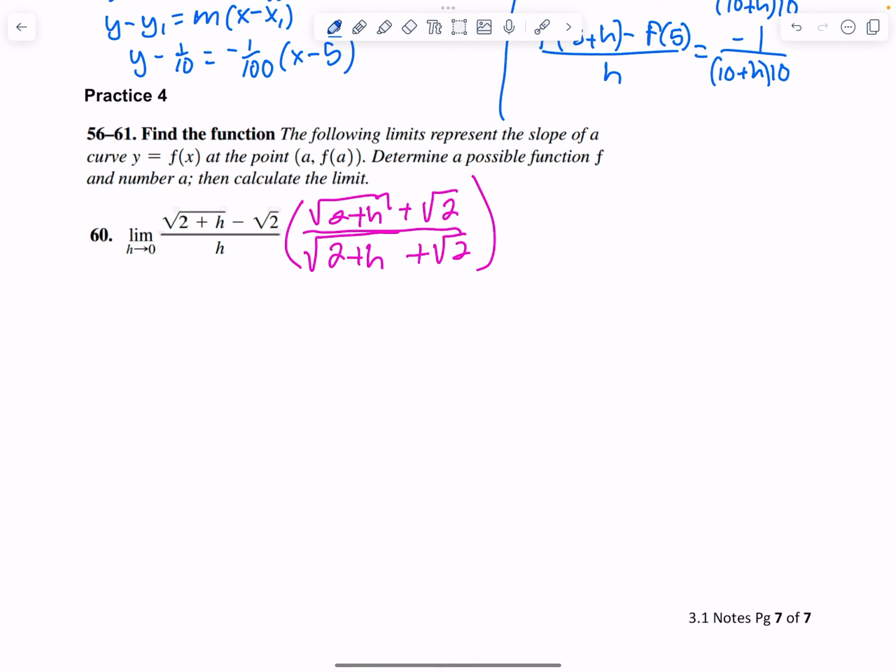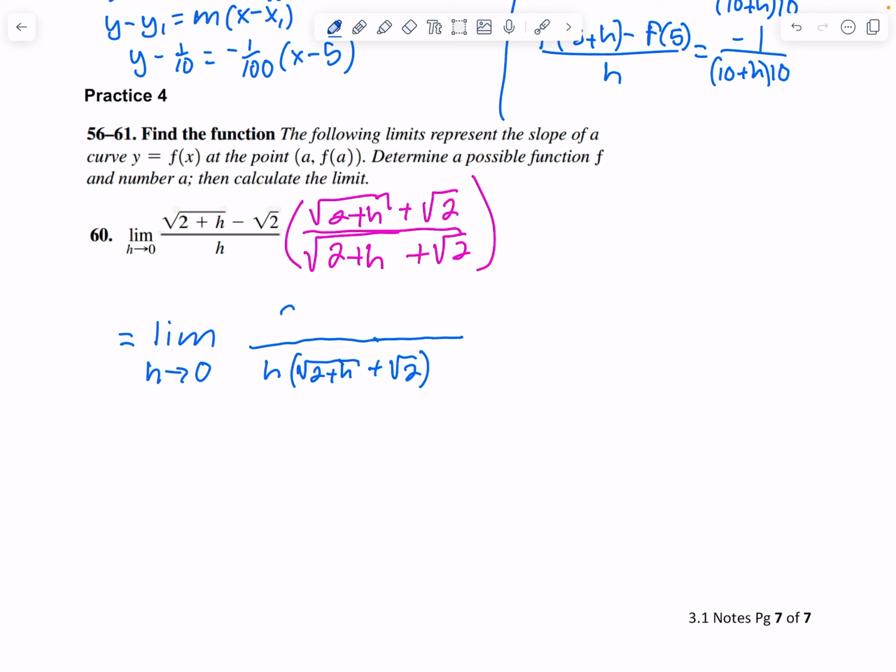I gave you this hint starting off, so this is where I'm going to start. We're multiplying by the conjugate. On the bottom, remember I don't multiply anything out until I know I have to, so I'm just going to leave it as a multiplication here, plus the square root of 2. And then on top, remember that's a difference of squares, so I just multiply the first terms, minus, and then I multiply the last terms, I get a 2. And that makes the limit